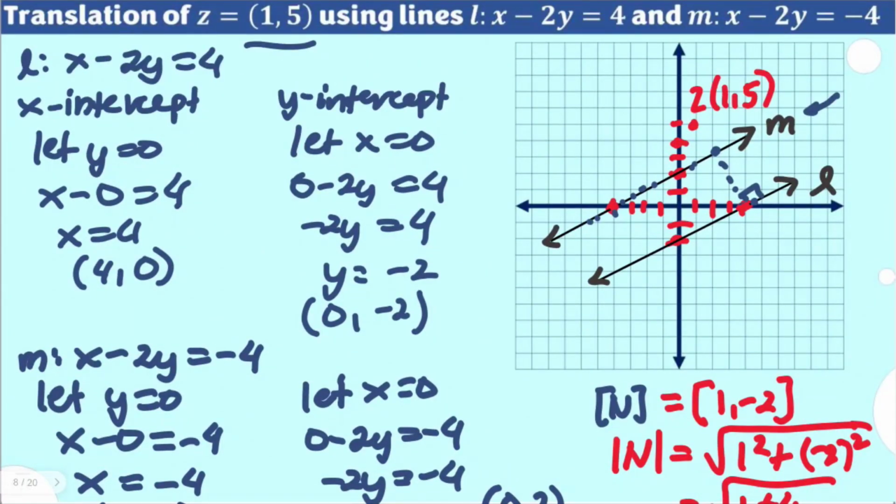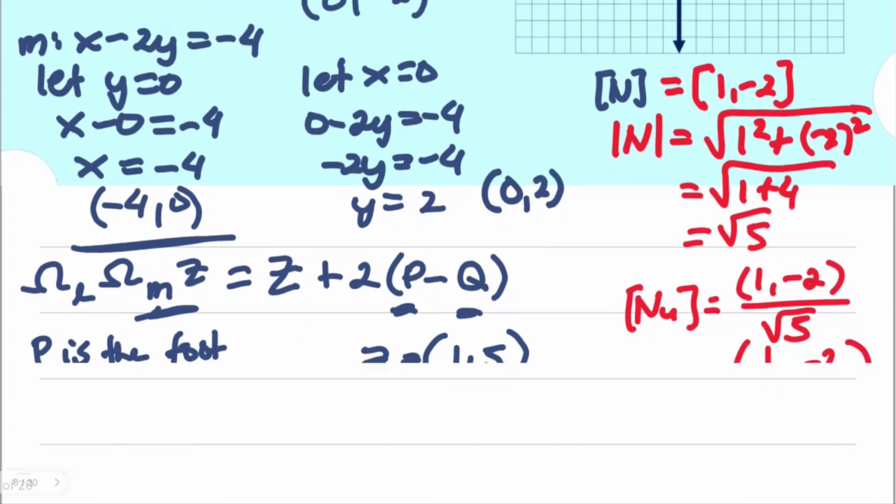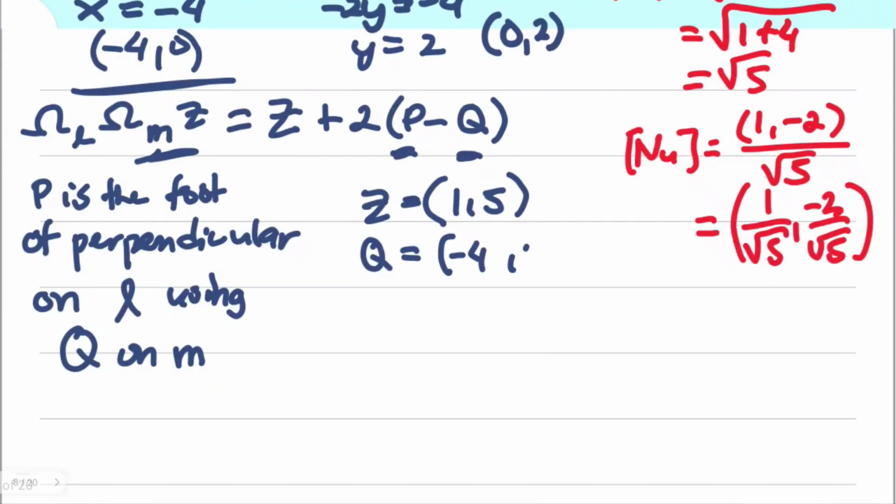So you could actually choose here any of these two. But just to be consistent, let me use here the x-intercept. You could always use the y-intercept as long as you use the appropriate foot of perpendicular on that specific point. But allow me to use negative 4 and 0 as our Q. That would mean we can now solve for our P, which is the foot of the